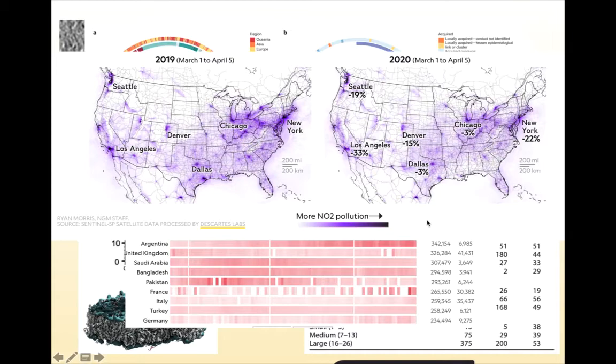From there, we can move out even farther and ask interesting questions. Okay, so we know what's happening in people. We know how coronavirus is working in populations. What is some of this doing to the environment right now? This is an interesting image that is using satellite imagery to understand the pollution rates before we had quarantine and after we had quarantine. So you can see that once quarantine is established in the United States, we see a dramatic reduction in the amount of pollution, specifically nitrogen dioxide pollution, throughout the states.